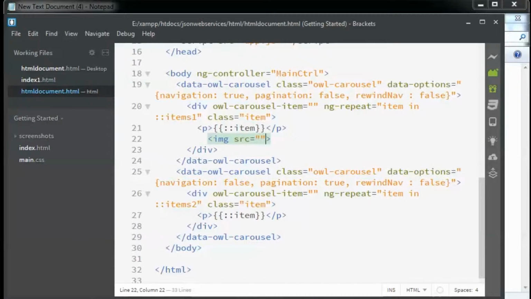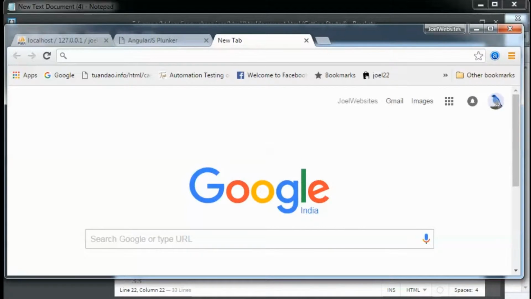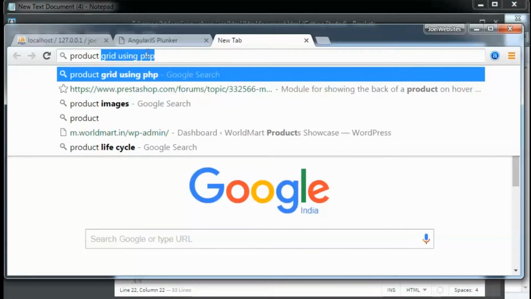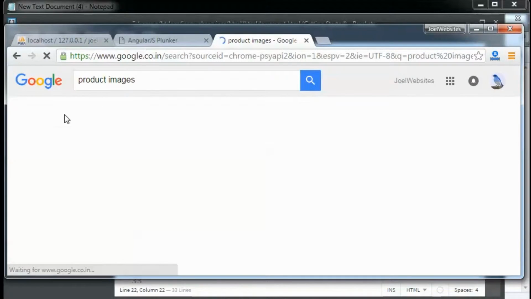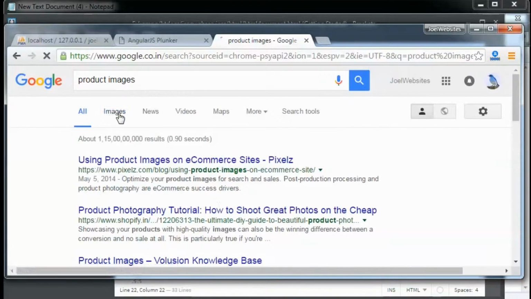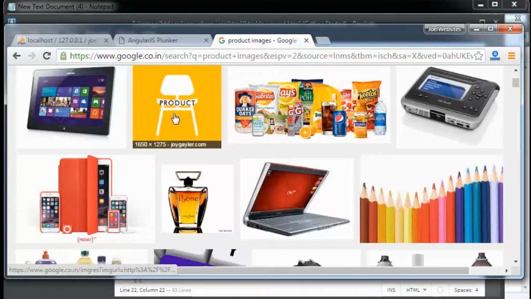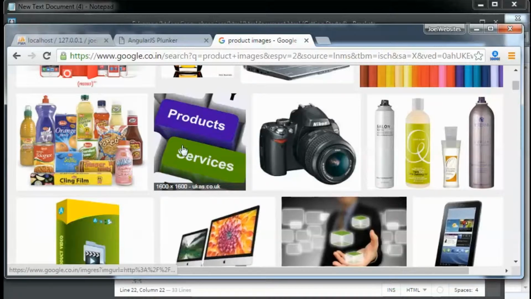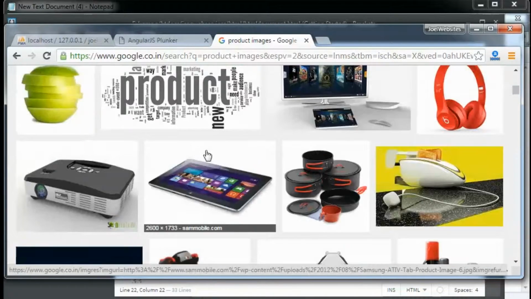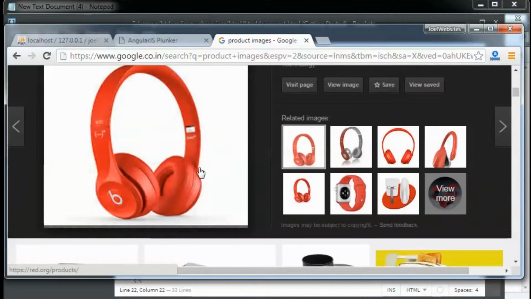Now I'm going to go to Google Images and search for some image. I'm going to take a lighter image, let's say this Beats headset image.